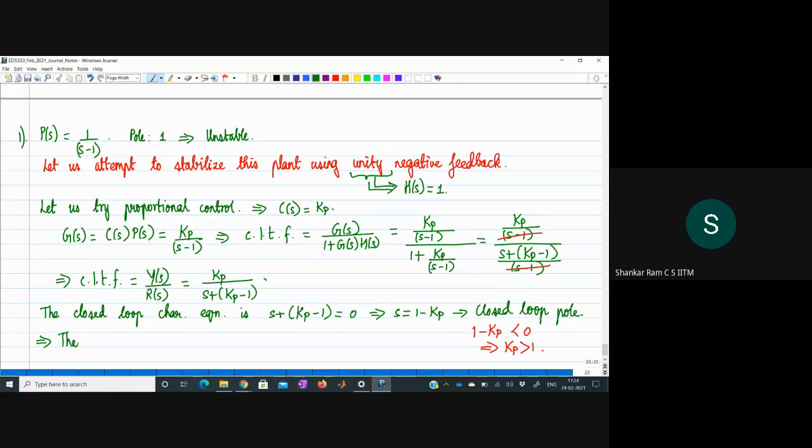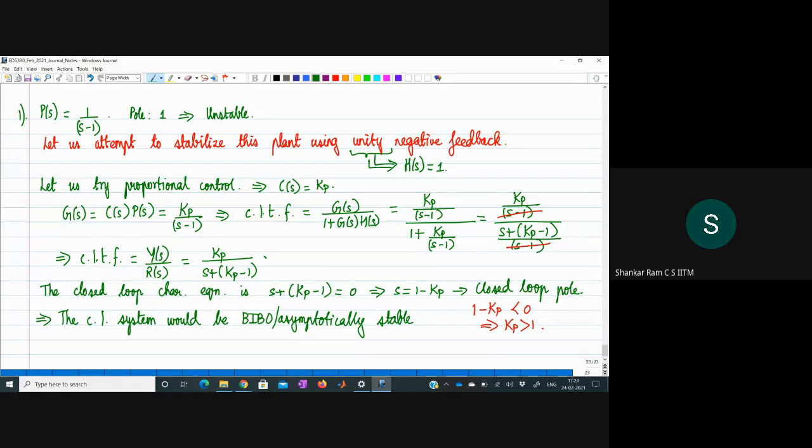So consequently, the closed loop system would be BIBO stable. Some people will call it asymptotically stable. We'll see why later on. Okay, so BIBO asymptotically stable for all Kp greater than 1, right? So we have essentially figured out that if we have a single parameter,